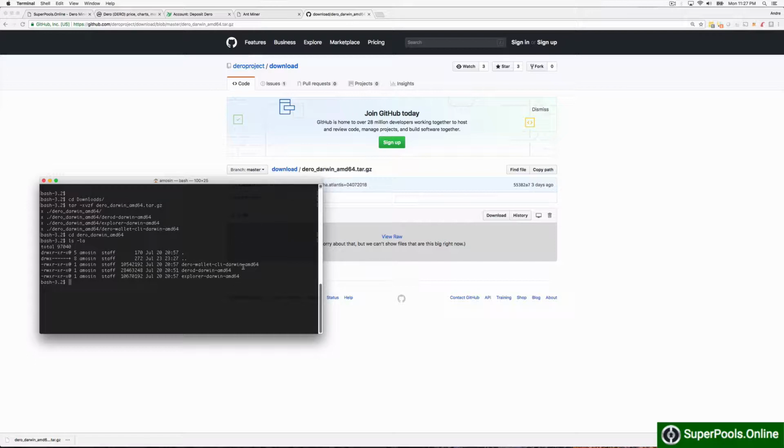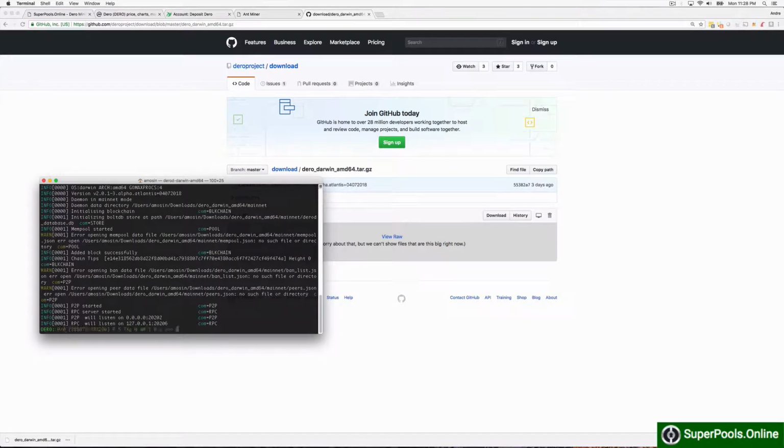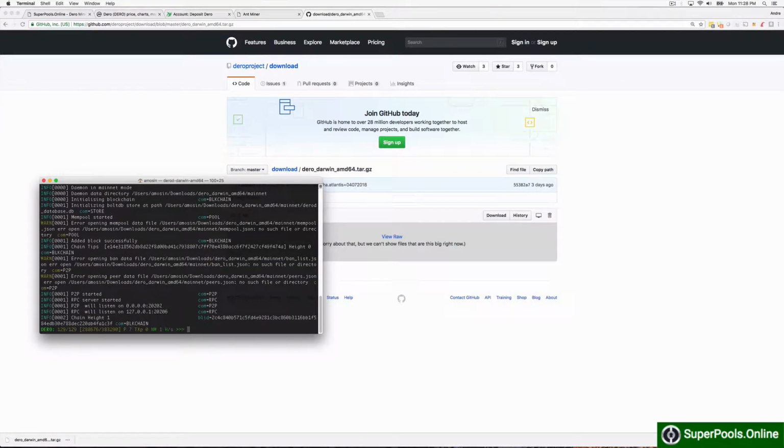There's an order in which you need to run these. The first one you need to run is dero-d, which is the node, the executable to synchronize the blockchain, and then you need to run the wallet CLI. So the first thing you need to do is run dero-d Darwin. That will start synchronizing